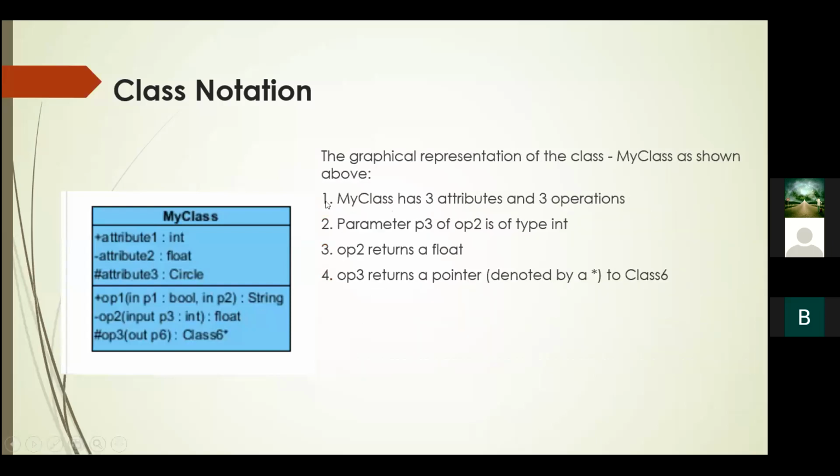Okay po. So the graphical representation of the class, my class as shown above. So meron siyang 3 attributes and 3 operations na pwede natin gamitin. May parameters, P3 of option 2 is type of int. So pwedeng int, pwedeng float. Okay, return a pointer denoted by A to a class. So ito yung pangalan. Tapos,